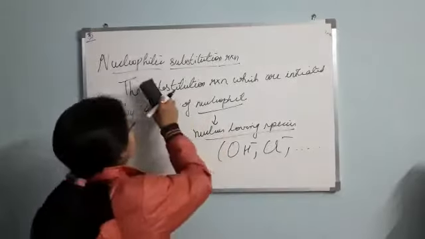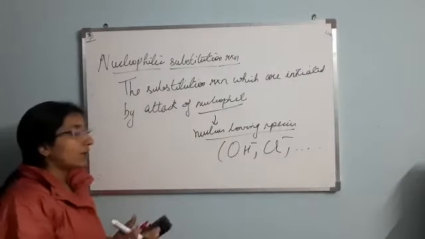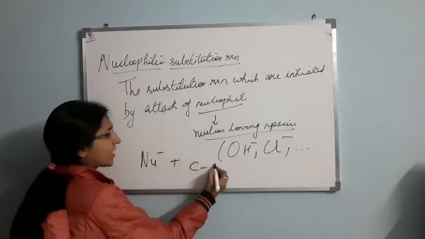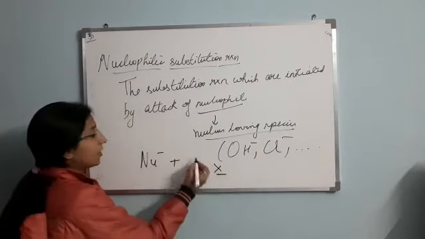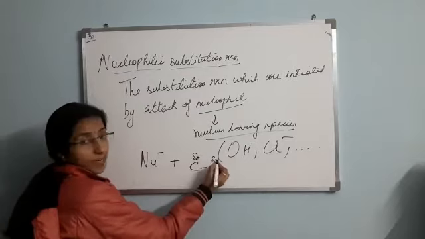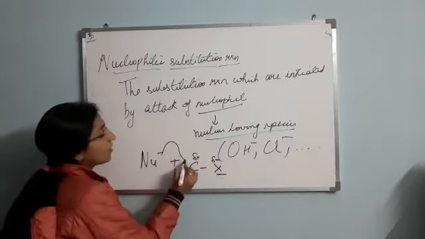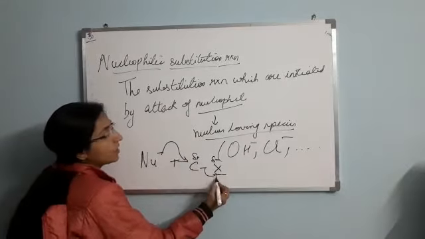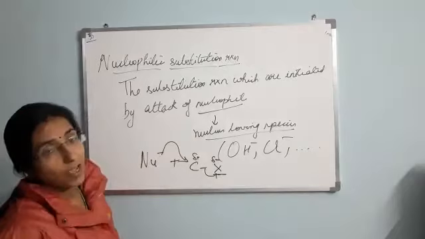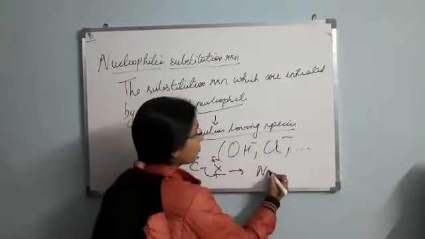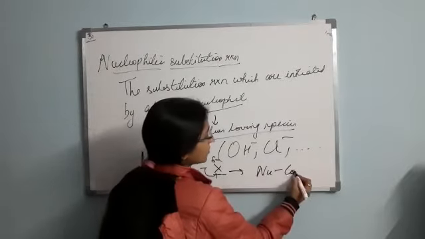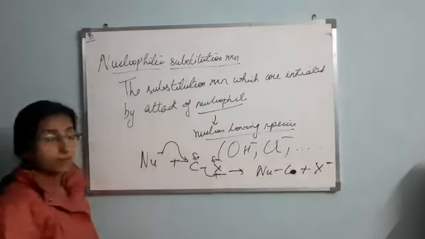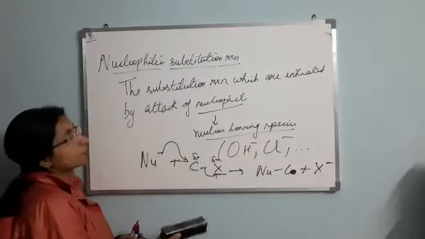To start with the nucleophilic substitution reaction, I will let you know how it works. This is a nucleophile, and when it attacks a C-X bond, where X is a halo group, the bond will have a partial positive and a partial negative charge. Then the nucleophile will attack this carbon, and definitely the halo group will be removed in the form of a halide ion. So the reaction will proceed like this: carbon plus halo group. I hope this is okay.